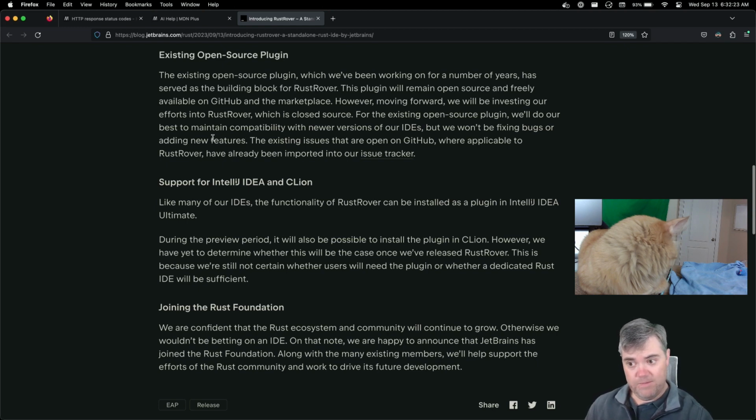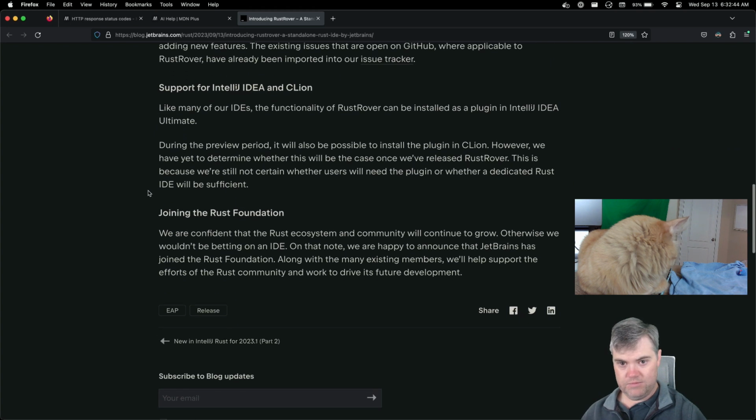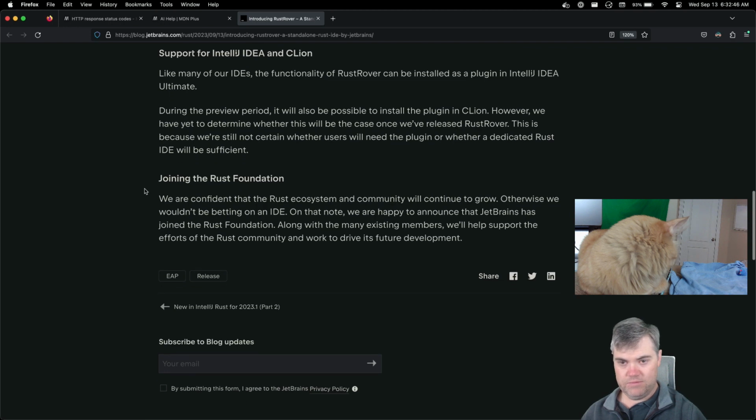So you'll really have to use RustRover, or you have to use the integrated suite, which is obviously going to be the more expensive version. And of course, you can add that to Ultimate, which is their one and all. It's the everything.